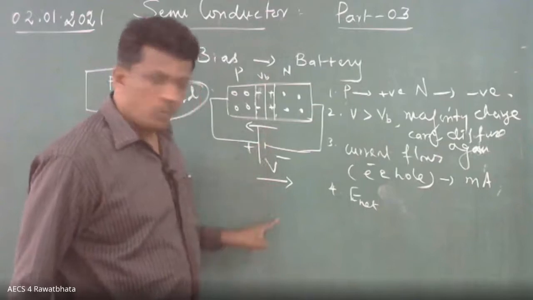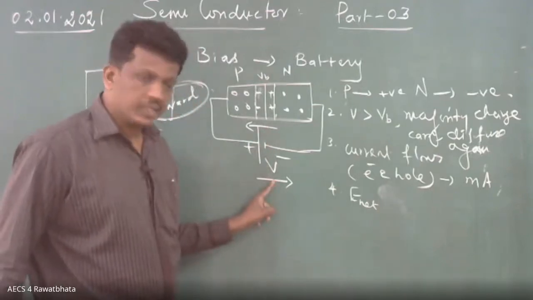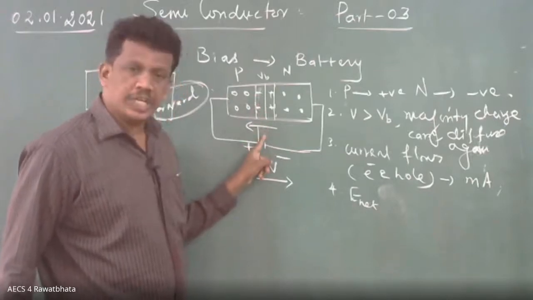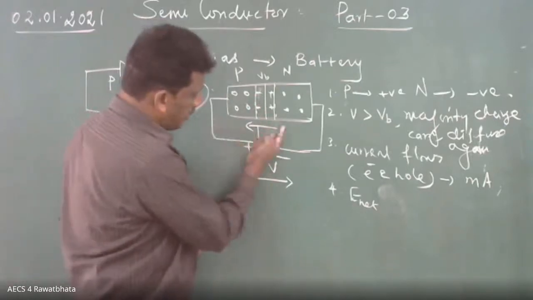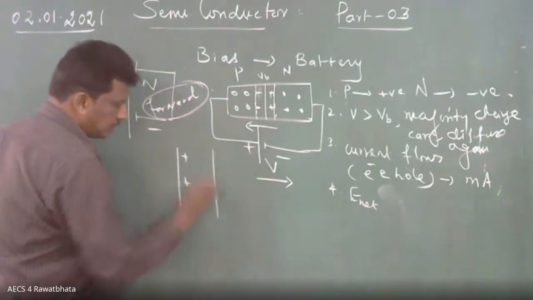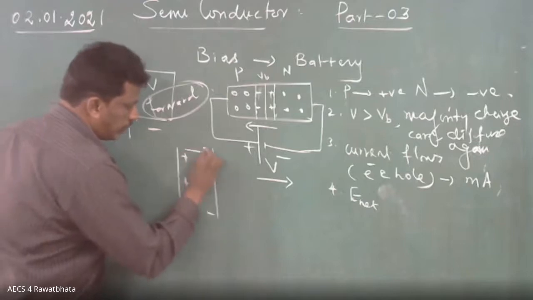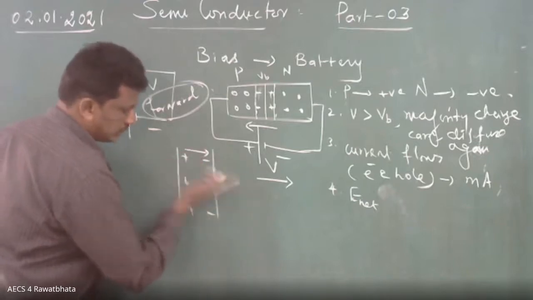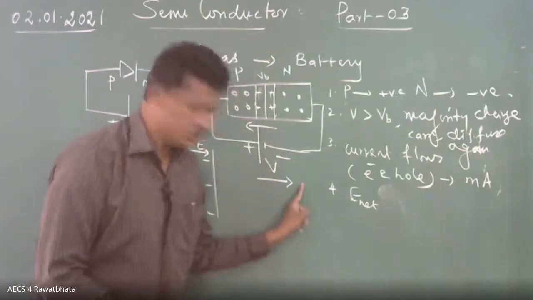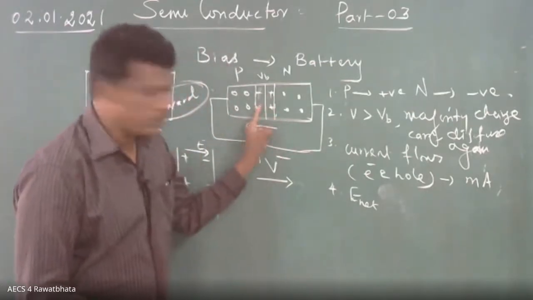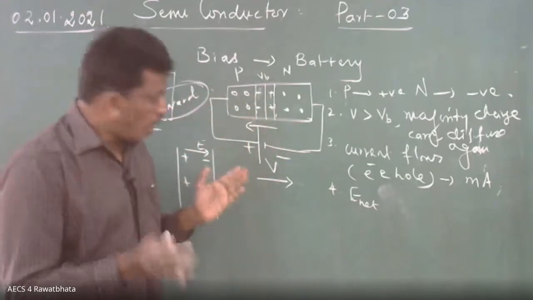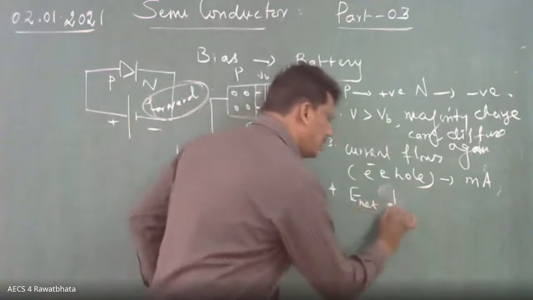Opposite, no? One electric field is due to the applied battery, the other field is due to the internal potential barrier. How do these two act? In a capacitor, you might have read, suppose this is plus and this is minus. So what is the electric field? It goes plus to minus, away from plus. That is the electric field I put. Here, this is plus, this is minus, so plus to minus. How are both acting? Opposite. Opposite, so what happened? The net electric field decreases.